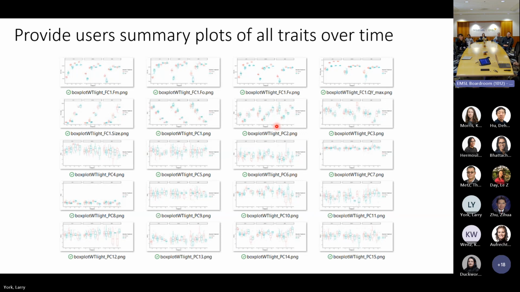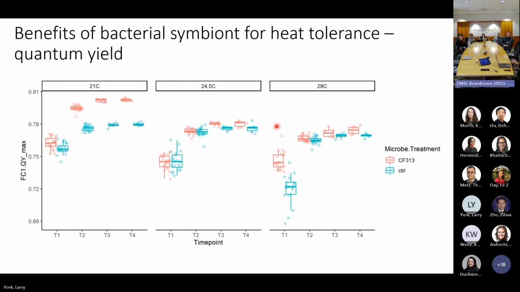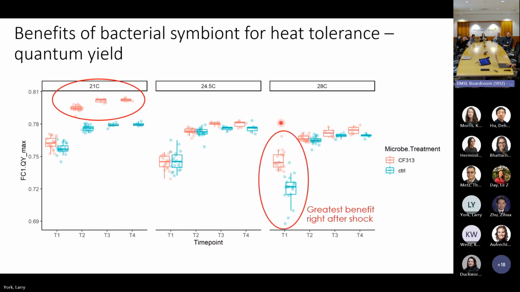I've seen these types of examples from our stats people. They get all these plots, and you can start to look through them. One of the ones that we noticed was chlorophyll fluorescence, and that's kind of the focus of this. You can see a separation by quantum yield at lower temperatures. At higher temperatures, though, it's interesting because you only got that separation at the first time value, but then that